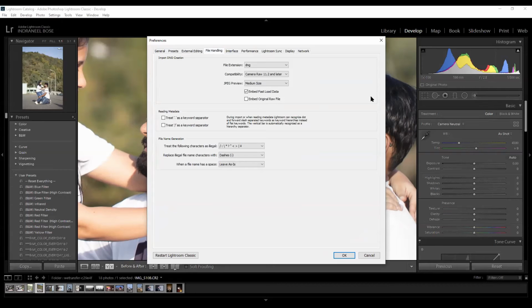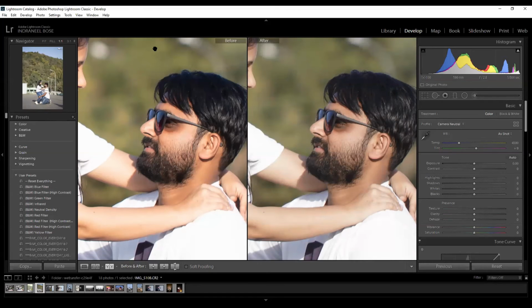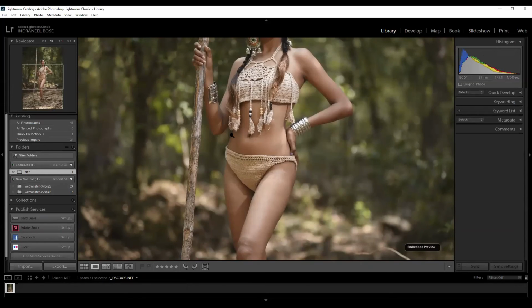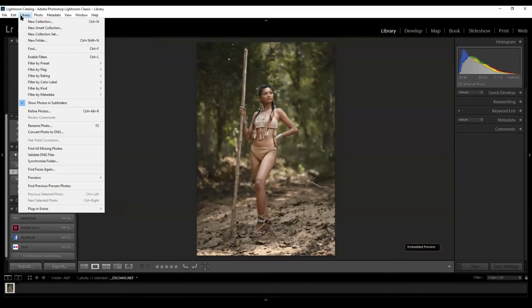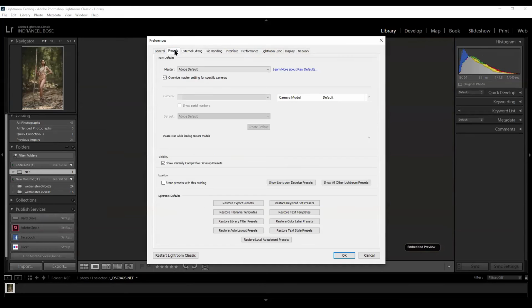So in the preset, now see, 6G is showing as it is clicked with the 6G. Can you see? Now if I take an image, now this image, if I go to the preference file, what is it showing? Nikon D850. Can you see? Because it's clicked with the Nikon D850.